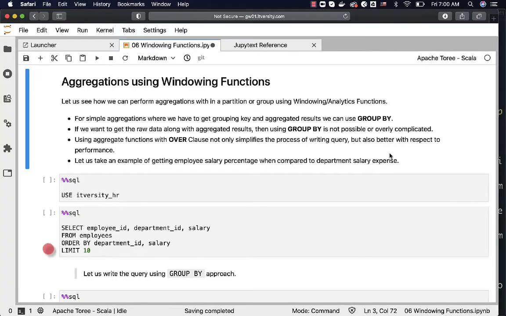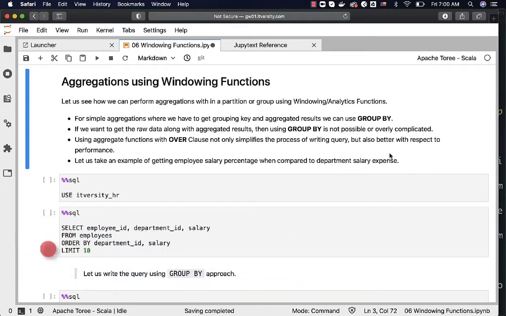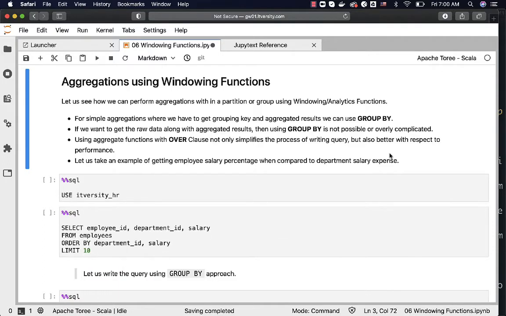Let us see how we can perform aggregations within a partition or group using windowing or analytics functions. For simple aggregations where we have to get the grouping key and aggregated results, we can use group by. If you want to get the raw data along with the aggregated results, then using group by is not possible or overly complicated. Using aggregate functions with over clause not only simplifies the process of writing the query but is also better with